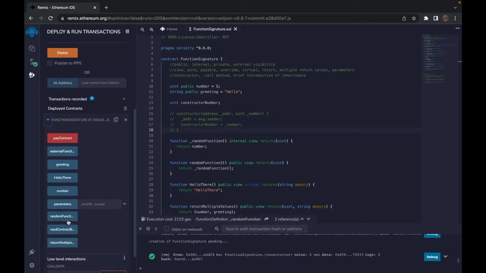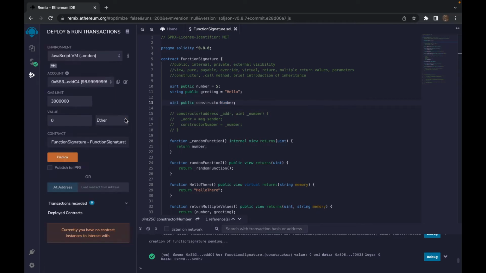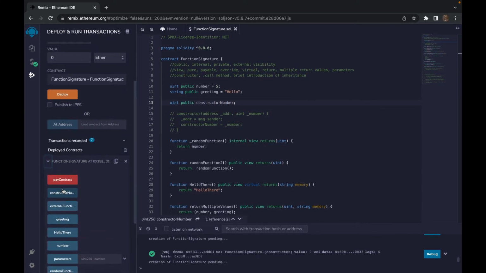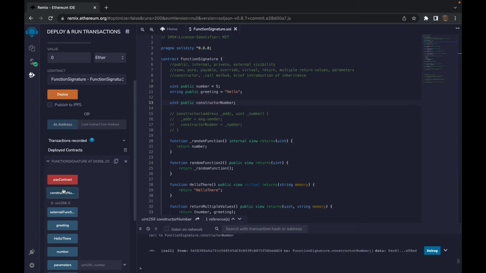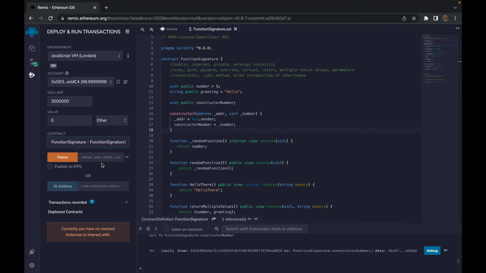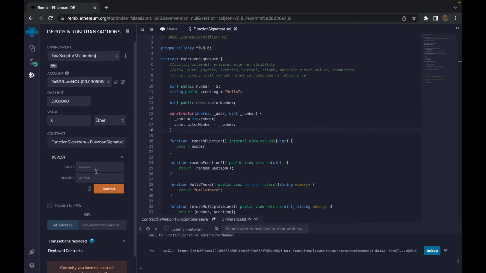So yeah, let's see, constructor number. Oh, I didn't make it public. Let me do that real quick. So yeah, default value is 0 for constructor number. All right, so now I just want to show that. Now we're gonna bring back constructor. Now these are visible. So boom, and we'll just put in, I don't know, 999